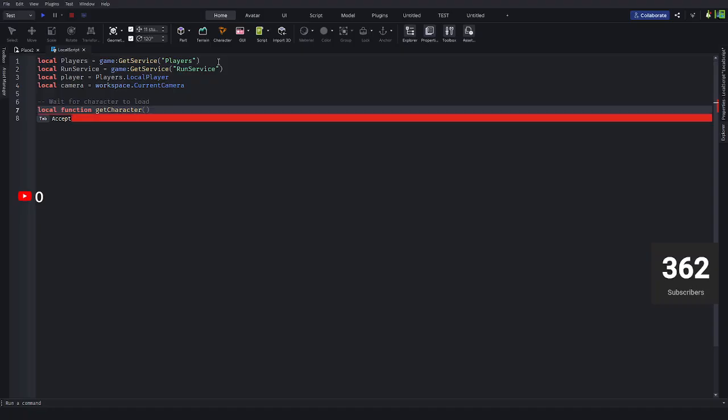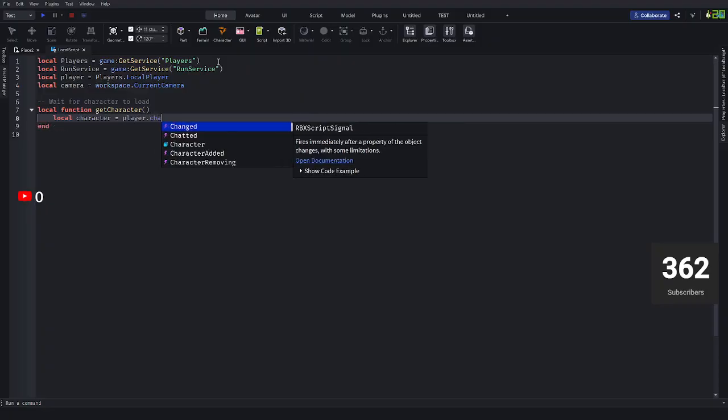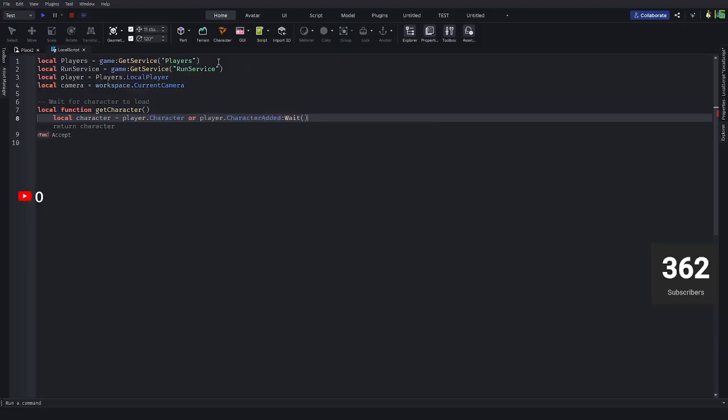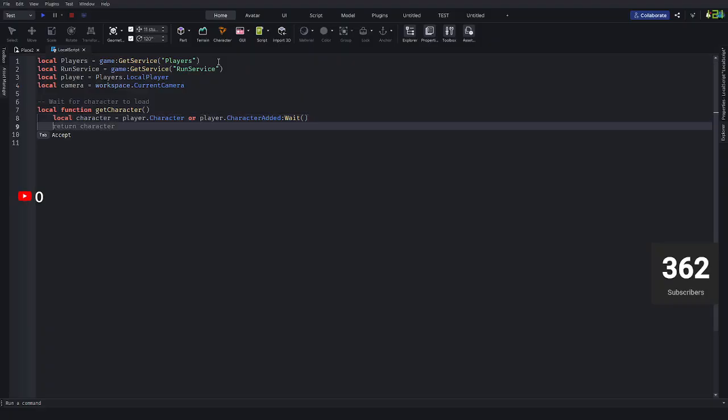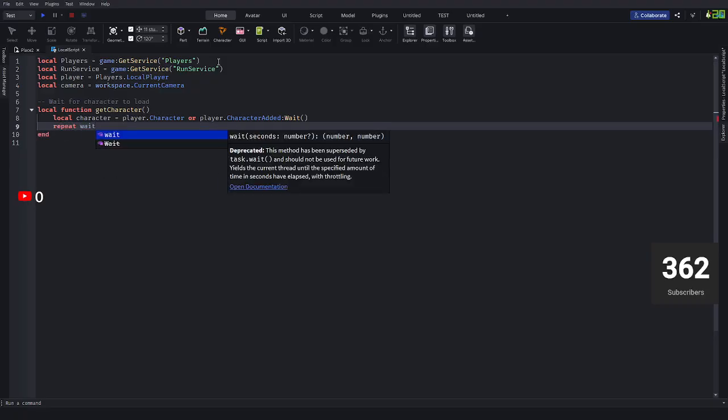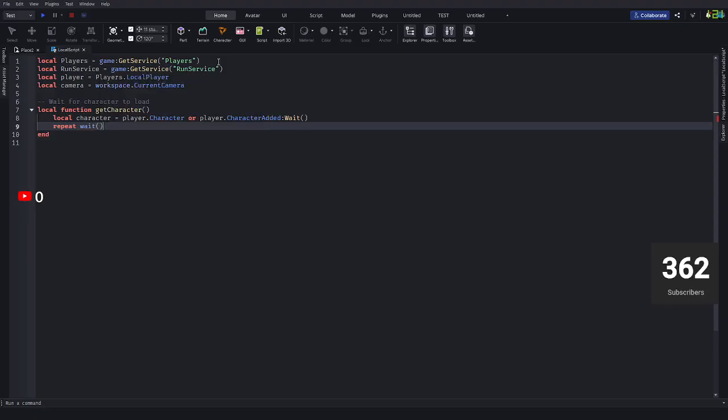Character. And then bracket. Enter. Local character equals player dot character or player character added, and then wait. Indent, then repeat wait, and then brackets, on space until